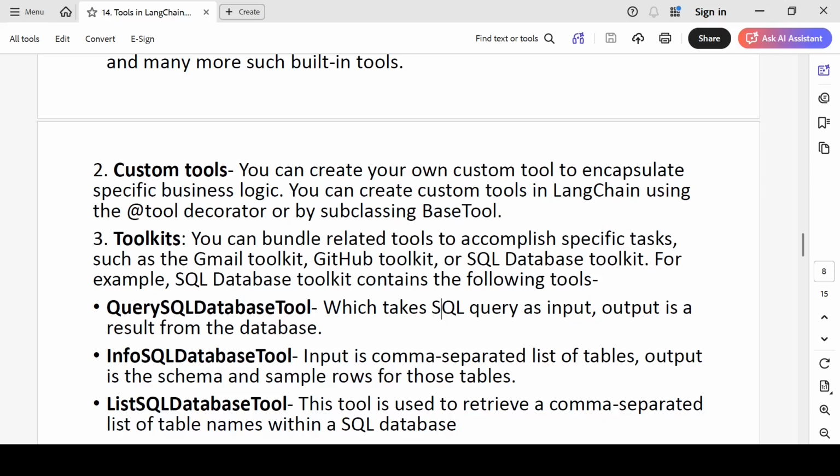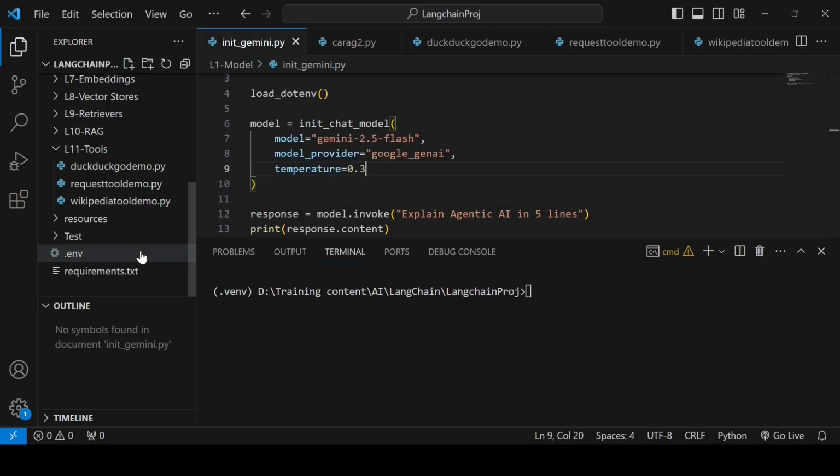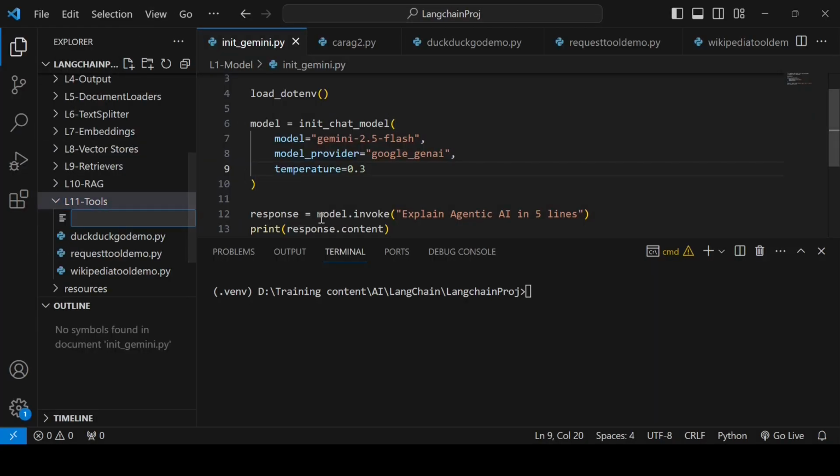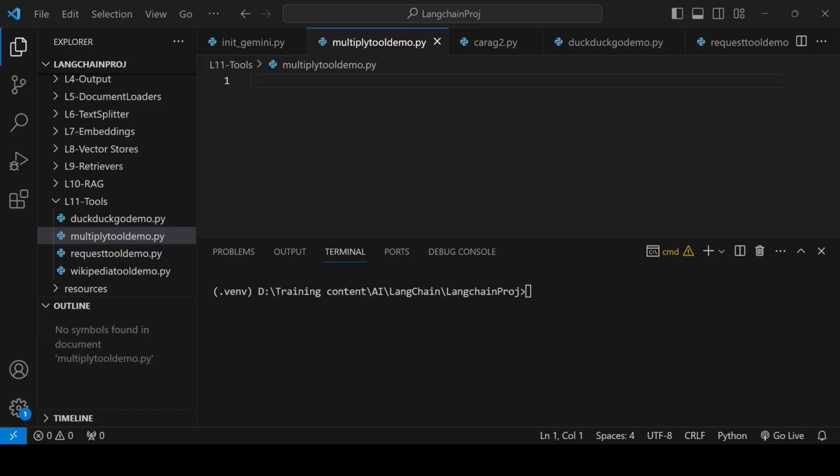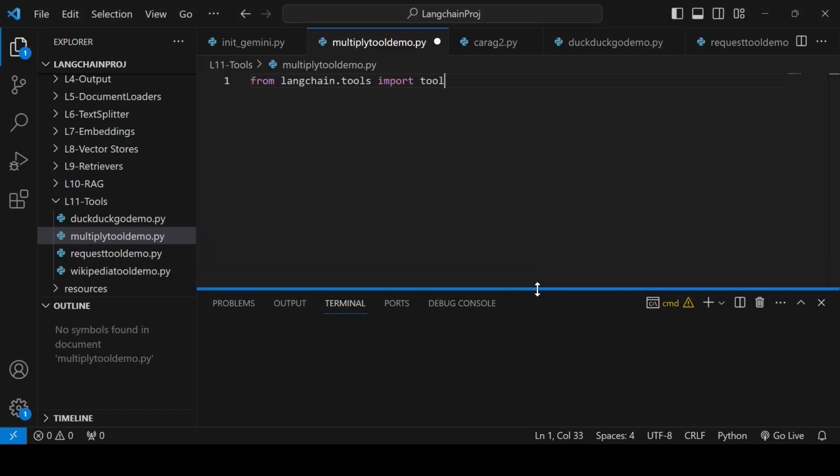Let's create a simple example where we create a multiply tool. For that, let me create a new file, multiply_tool_demo.py. For that, you need to import the tool itself, which you'll decorate.